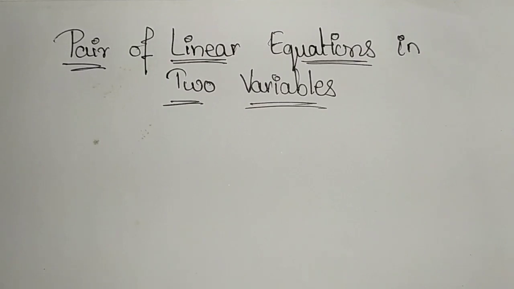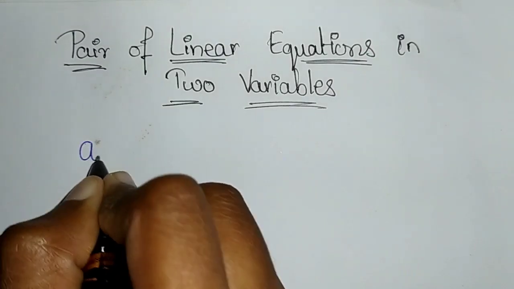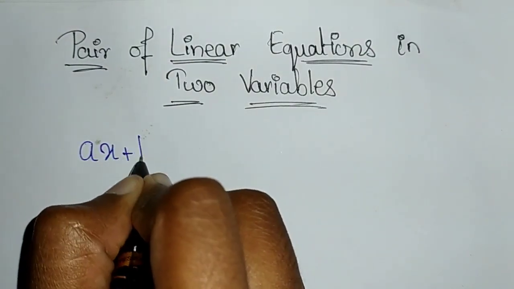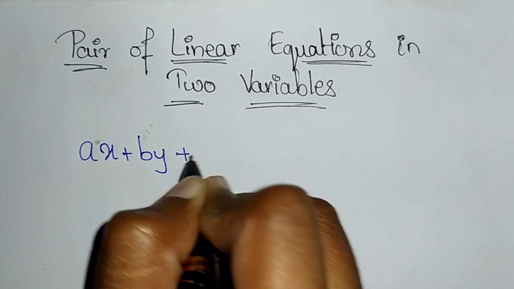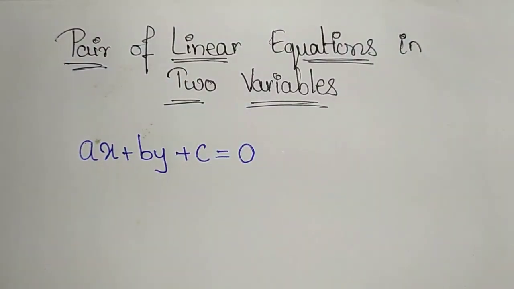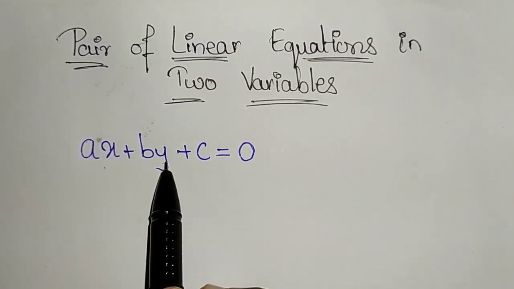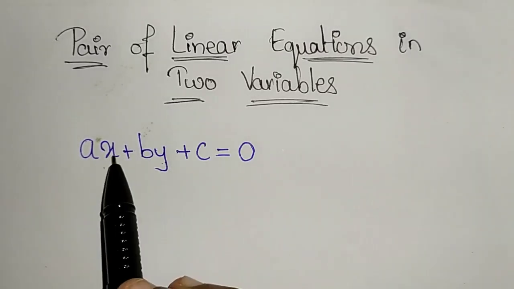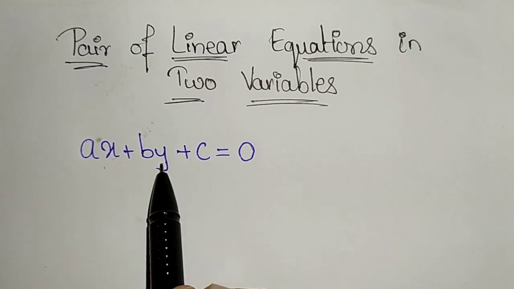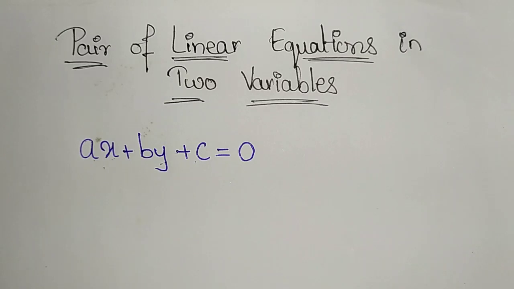Remember, in your ninth standard, you had a chapter named Linear Equations in Two Variables. In that chapter, you came across expressions such as ax + by + c = 0, where x and y were the two variables in this equation, and a, b, c were constant numbers.